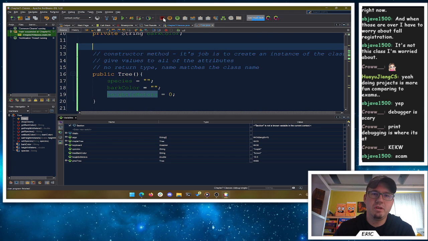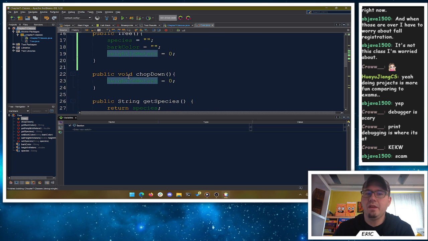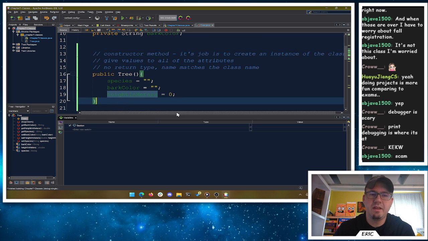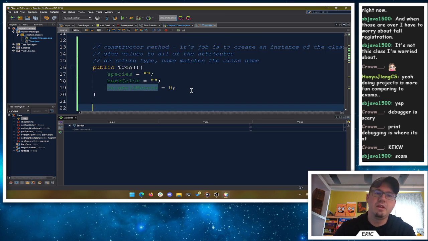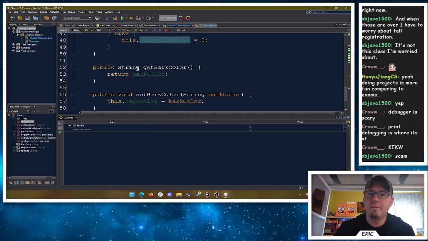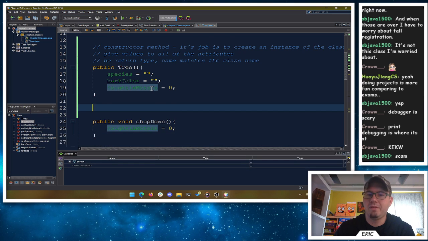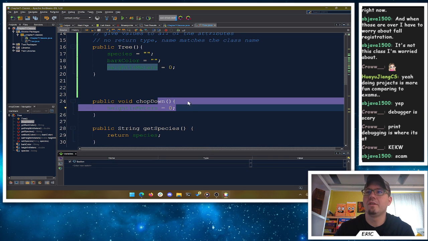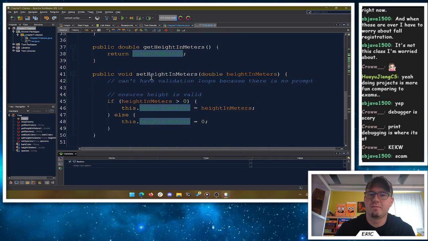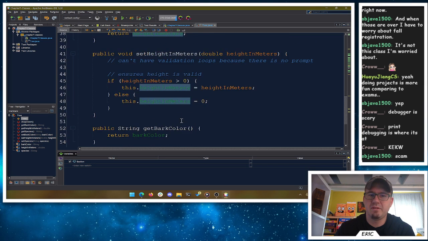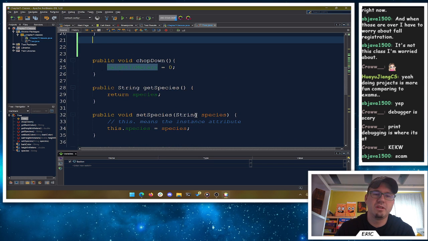Okay, so that's one thing we can do. The next thing that we can do, and again, a lot of this is going to depend on our class here, you can have more than one method of the same name. You can overload methods as long as the parameters are different. We can have more methods here. Now we haven't really done that with any of these ones here. Those are not super interesting.